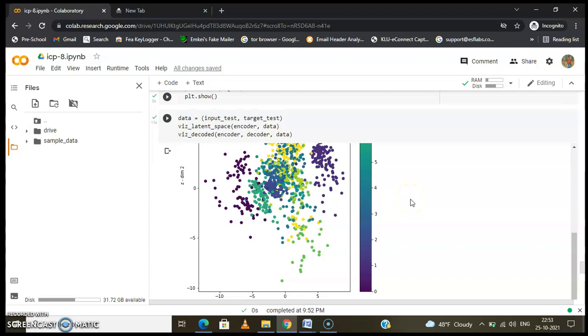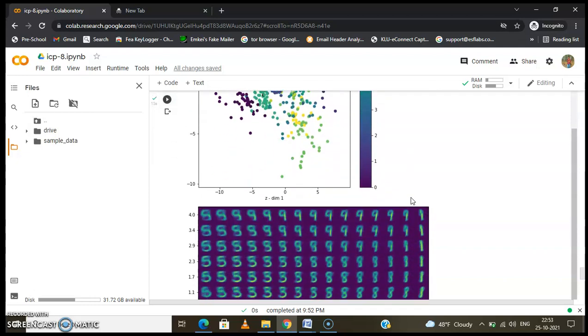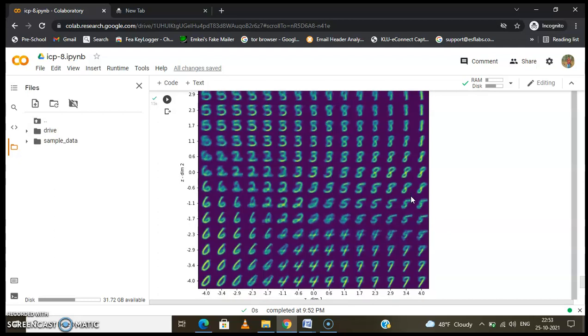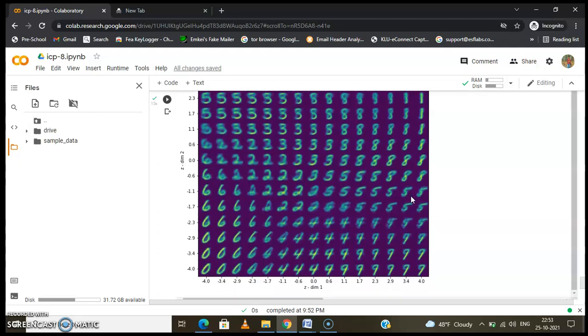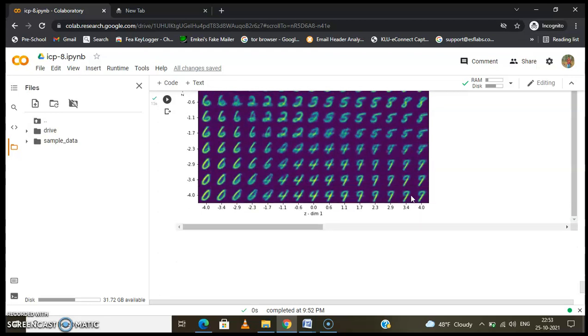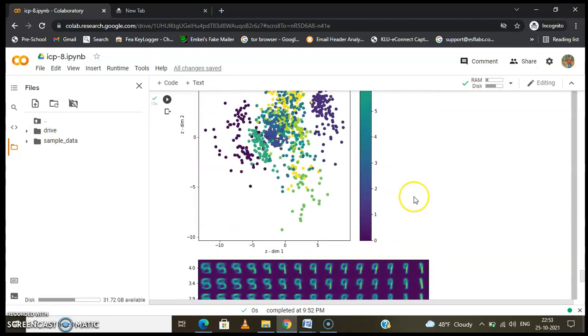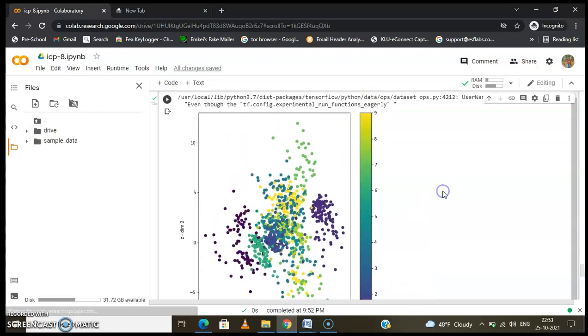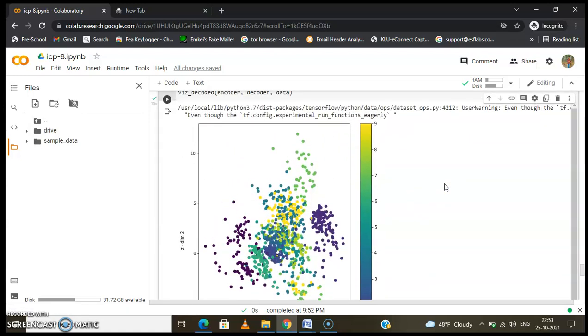Here I have visualized the data, so as you can see the change in loss. This is our previous model, and when compared, there is a lot of improvement after adding these two models. This is the previous one, and this is the one visualized by me after implementing. So this is our ICP for the week.